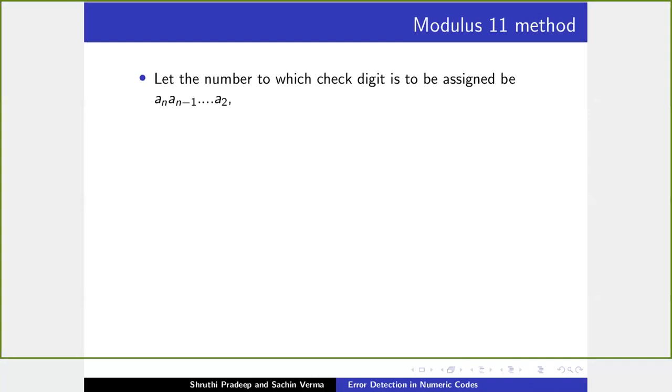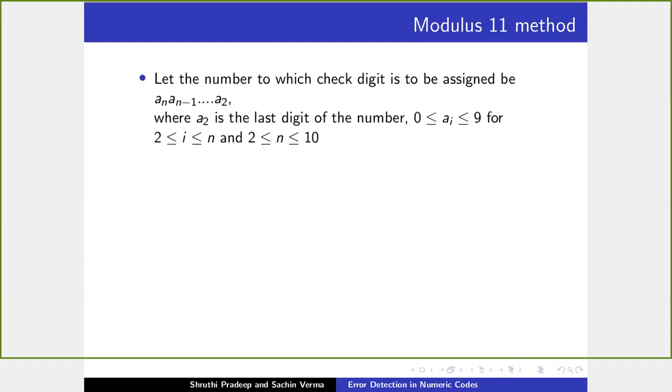So now what we do is we'll divide by a number such that it is a prime number, so it becomes relatively prime to all other numbers, and you will never have that case where it will cancel off and give you 0, the remainder. So that's why the modulo 11 method has been introduced. Like the name says, it will be taking remainders modulo 11. So let me just start with the method.